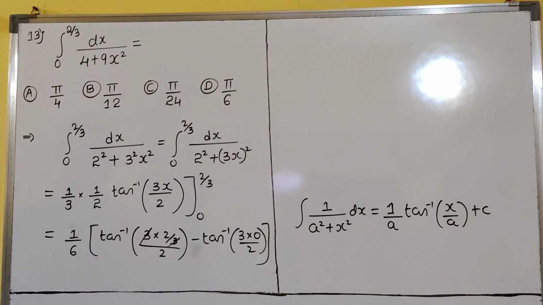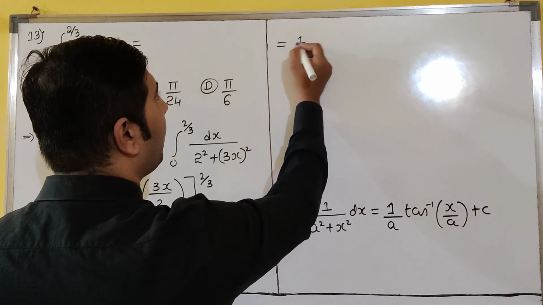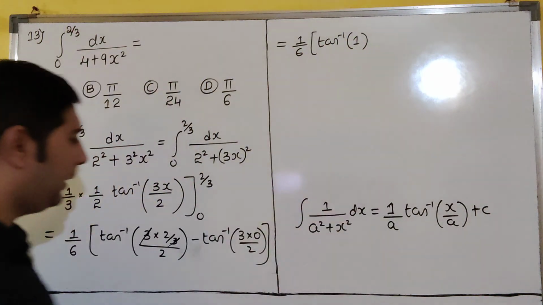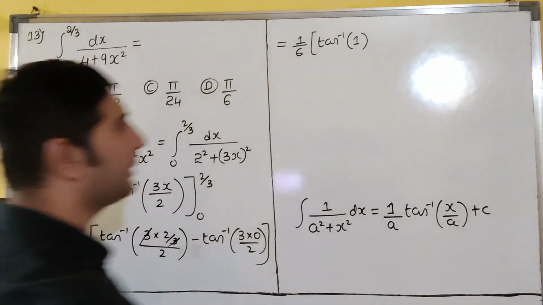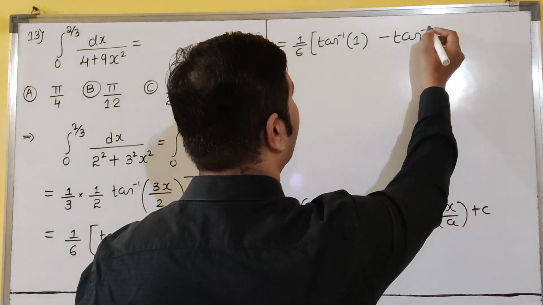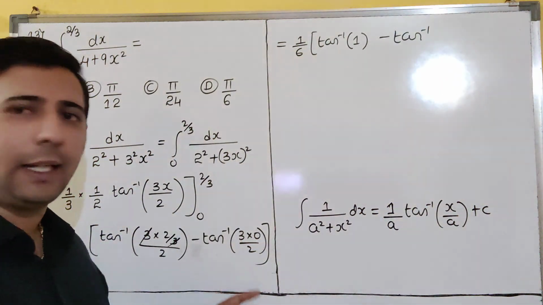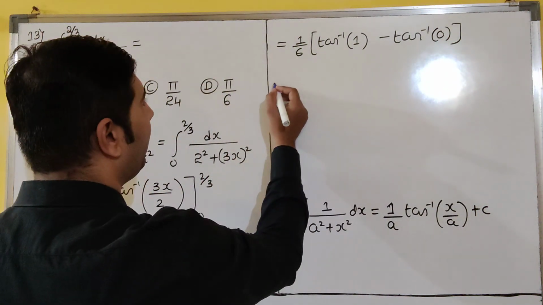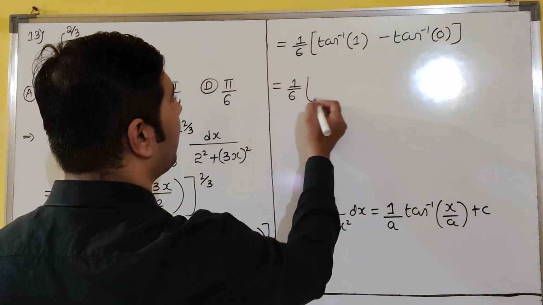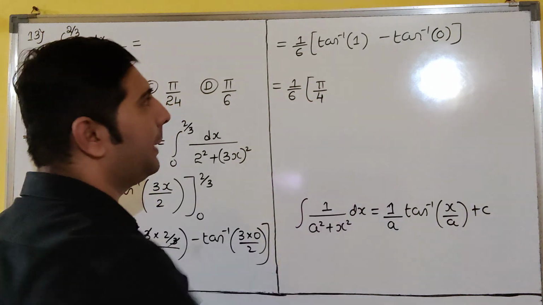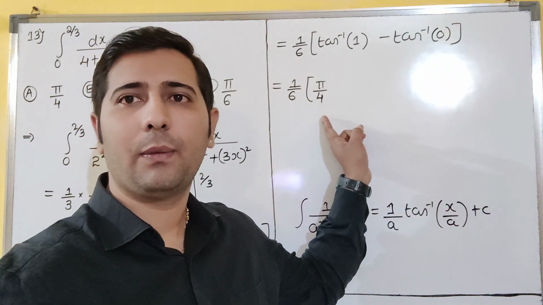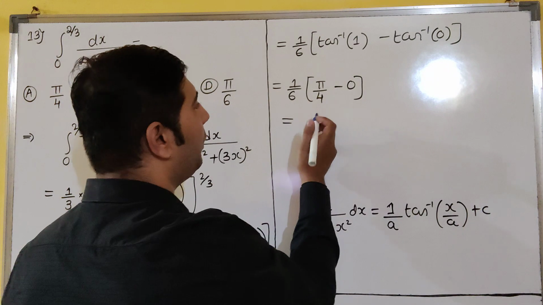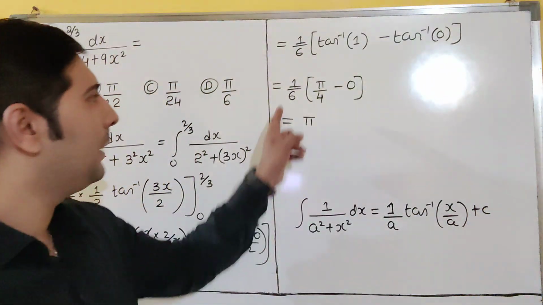So now tan inverse 2 by 2 means how much? Tan inverse 1 you will get. Yes or no? Tan inverse 2 by 2 is nothing but tan inverse 1 minus tan inverse how much? See here, 3 into 0, 0 by 2 is 0, dear students. Tan inverse 0. Now how much will you get? Tan inverse 1 means how much? Pi by 4. When will it become tan inverse 1? 45 degree. Pi by 4. Tan inverse 0 is how much? 0, dear students. So this will give 1 into pi is pi, 6 into 4 is